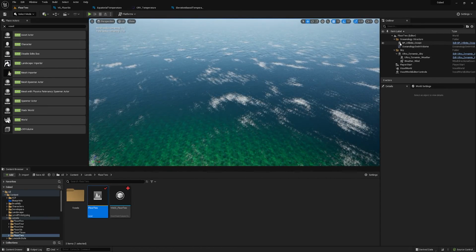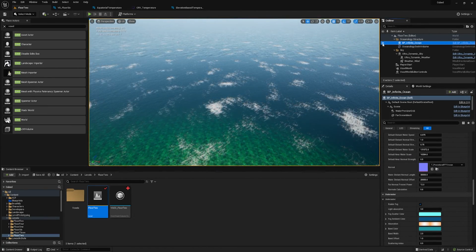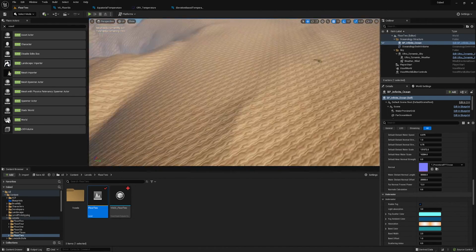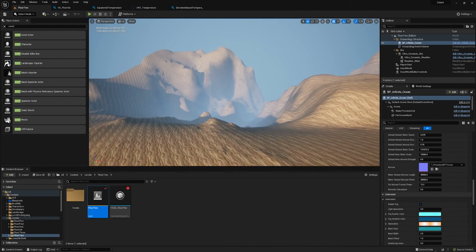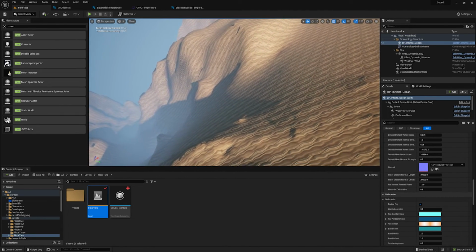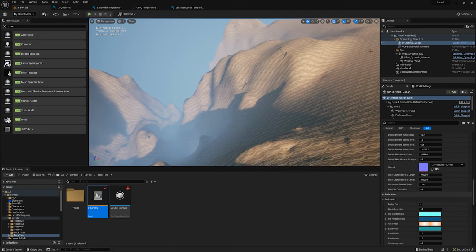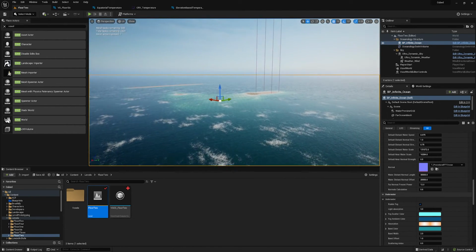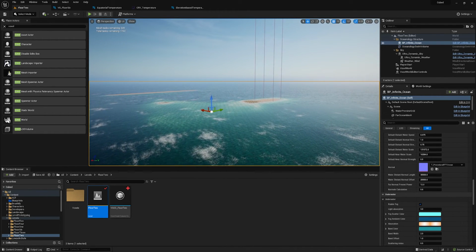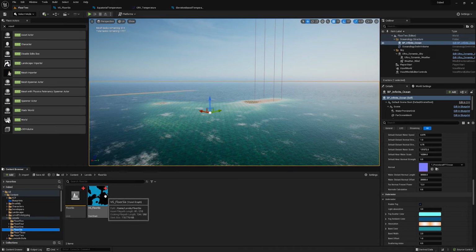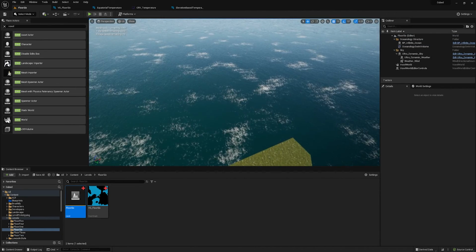So in this case, if I get rid of the ocean, if I hide the ocean, you can see here we have these little patches of land, and then we have these giant ravines that are under the ocean, which gives us the ocean floor, similar to like the trenches you would find in the ocean. But it's all covered by the water because there's only small amounts of land that you can see, which is the exact opposite of what we just did over in the other one, where we had a lot of land